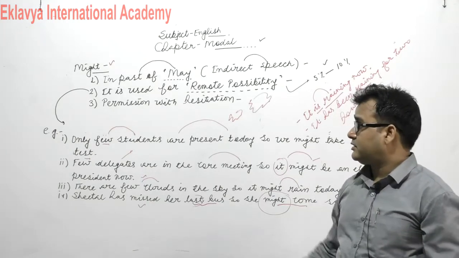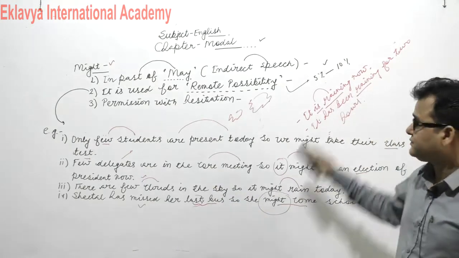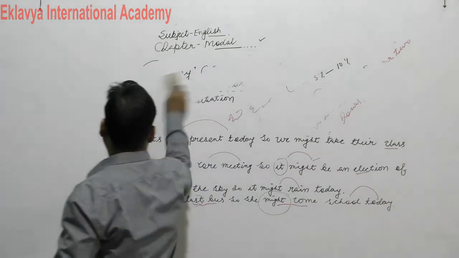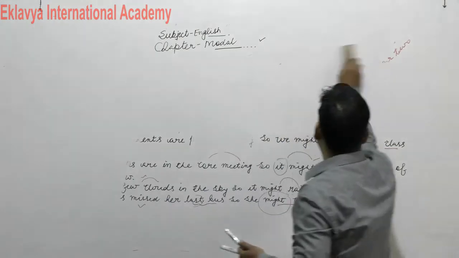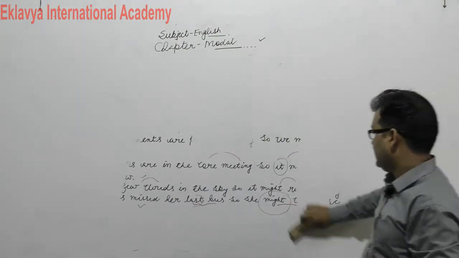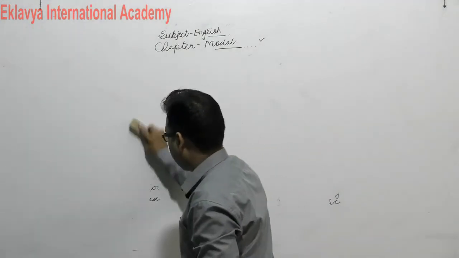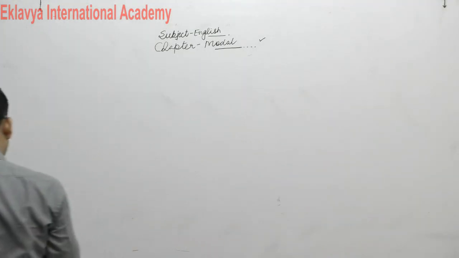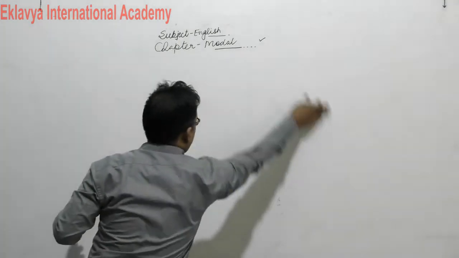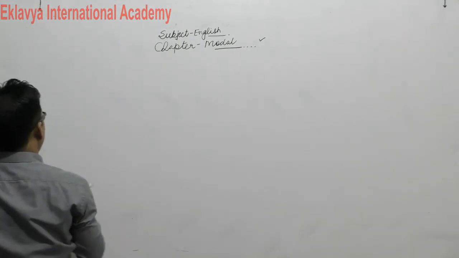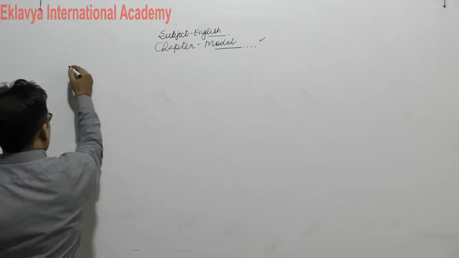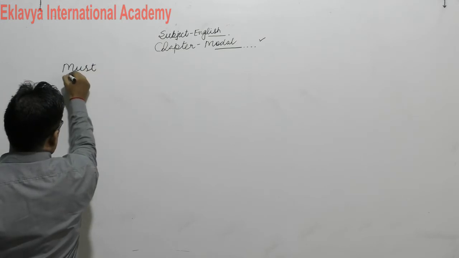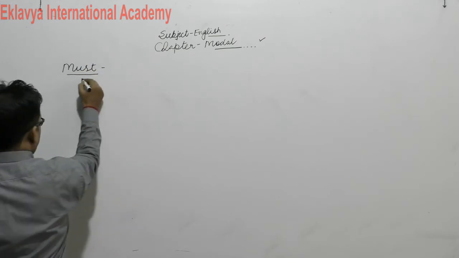Okay students, it's all about your might model. So let's do the next one, must, which is also very important. Let's do the next model, must. And the next one is must. Point number first is